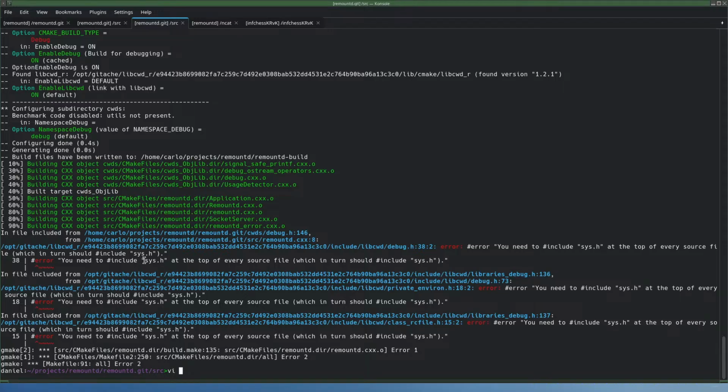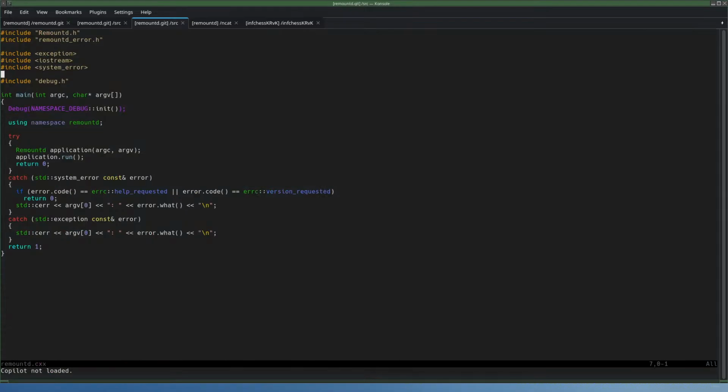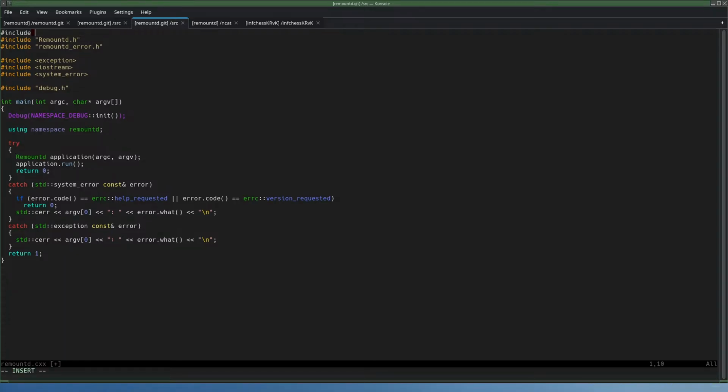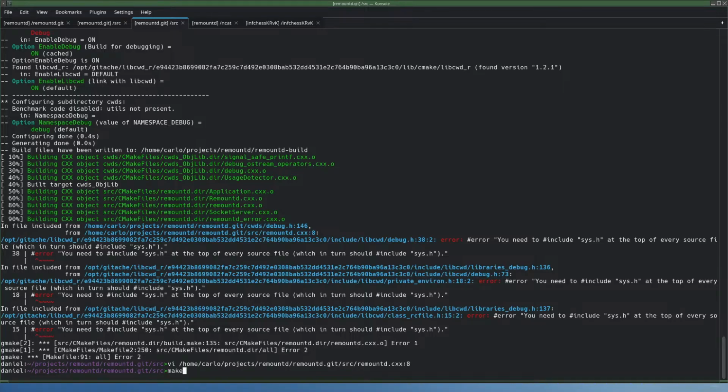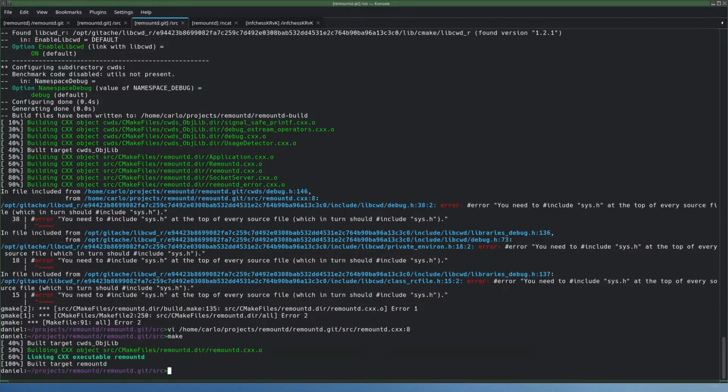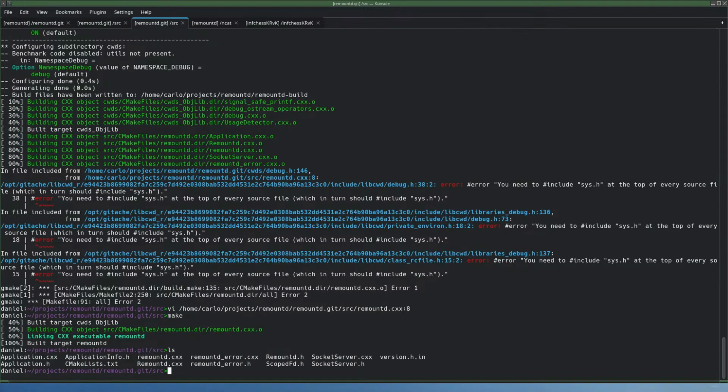You should have included the sys.h at the top of that file. And it compiles. And I didn't even copy the